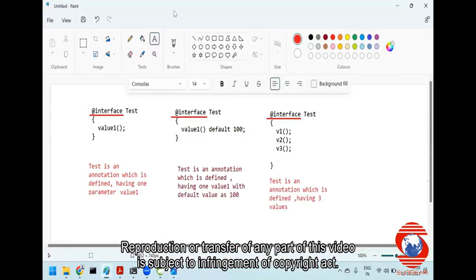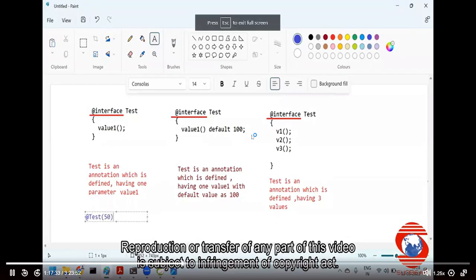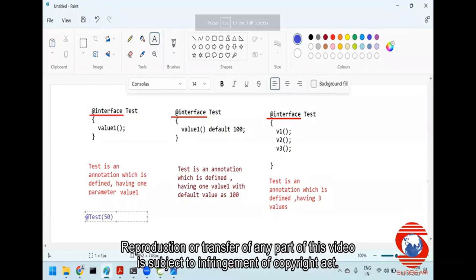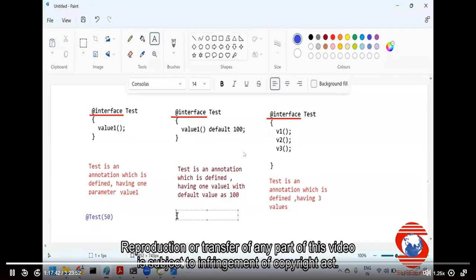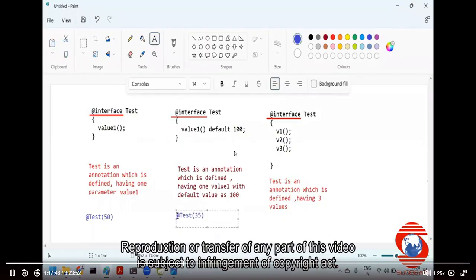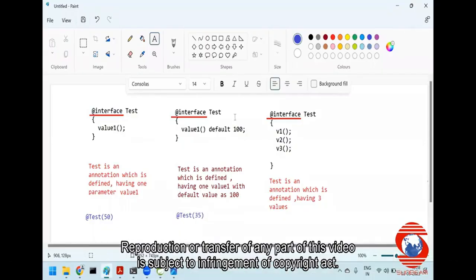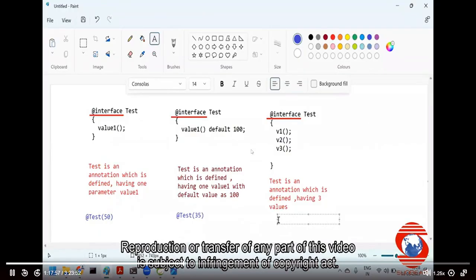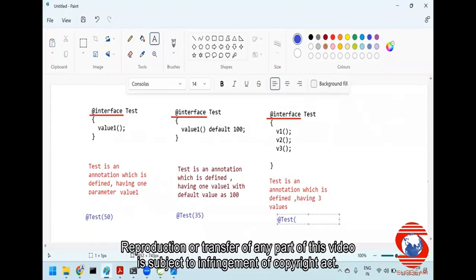Right? Coming back to this point. Suppose I'm saying I want to use a test interface. How will I use it? I'll just say @test and I'll pass some value because it is expecting one value. अभी कुछ समझ में आया? Next, अगर मुझे इस टेस्ट एनोटेशन को यूज करना है, I will pass the value. अगर मैंने उसे डिफॉल्ट वैल्यू दिया है, डिफॉल्ट वैल्यू असाइन होगी. अगर मैंने खुद की वैल्यू सप्लाई किया, ऑब्वियसली वो ओवरराइड हो जाएगा. And if I want to use a test now, it is expecting